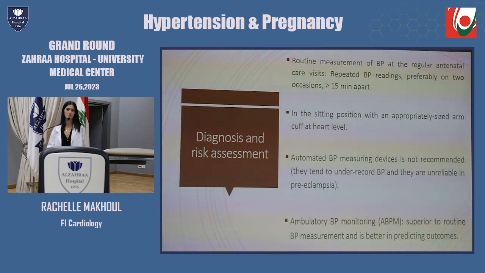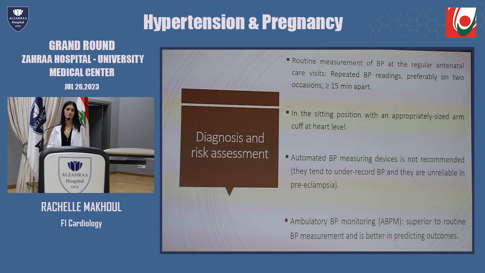Now, diagnosis of hypertension should be routinely done upon each regular antenatal visit with repeated blood pressure readings, preferably on 2 occasions more than 15 minutes apart. The patient should be in the sitting position, and the use of automated blood pressure measuring devices is not recommended, since they tend to underestimate blood pressure measurements during pregnancy. So till now, the gold standard for blood pressure measurement is the sphygmomanometer. And although ambulatory blood pressure measurement is superior to routine blood pressure measurement and is better in predicting outcomes, unfortunately,